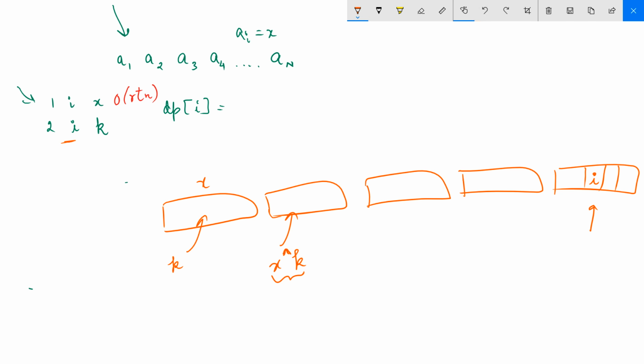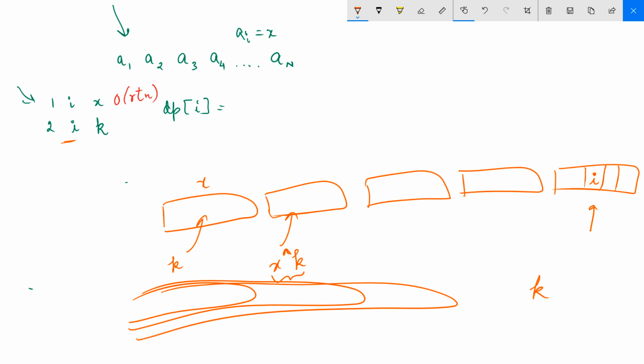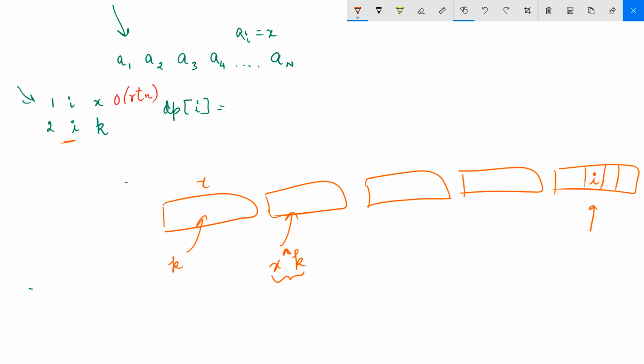What we are trying to do is count the prefixes which have XOR as k, right? Now my point is, for every bucket of root n size, we will calculate the dp, where dp[i] gives us the XOR value of the first i elements. And we can also count the occurrence of some number x in every bucket. So for the bth bucket, we need to find how many elements there are whose value is x, or basically the occurrence of x in the bth bucket.